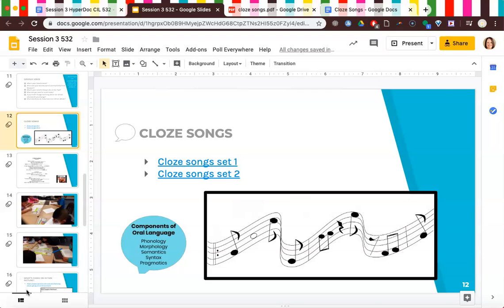It's cloze songs. If you took a foreign language in high school, there's a good chance that at some point you had to listen to a cassette tape or a CD or whatever, depending on your age, of a story or someone reading something, and you had to follow along and fill in the blanks where the words were missing. That's a cloze activity. That, I remember, was horribly boring for me